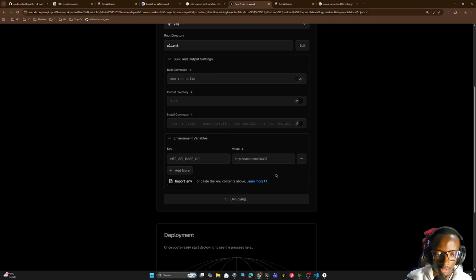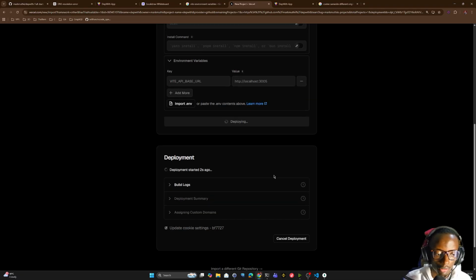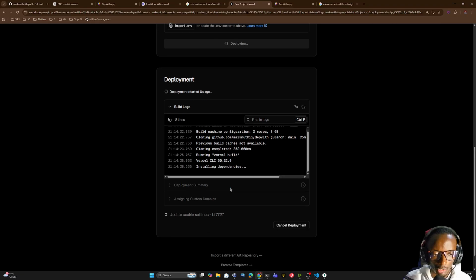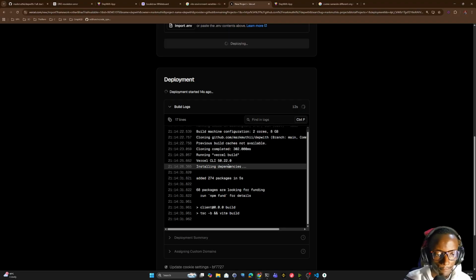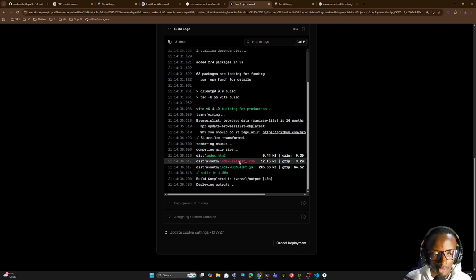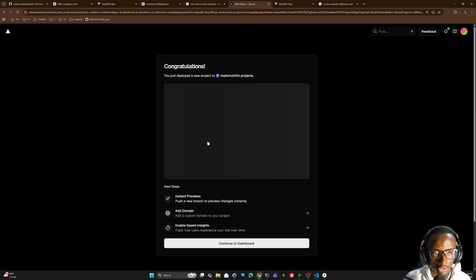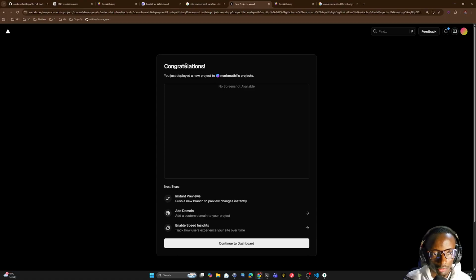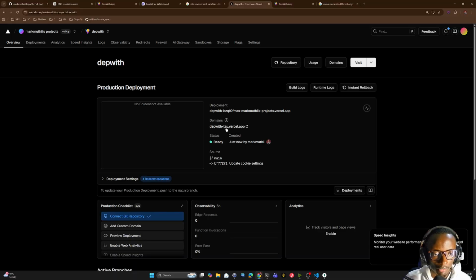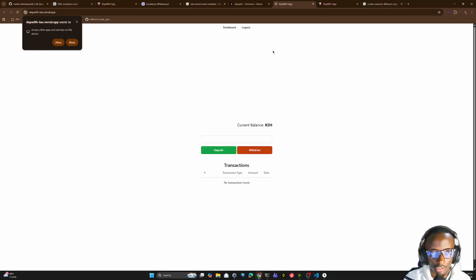and give it a few minutes. So it shouldn't take too long because it's not a huge app. So installing dependencies. Okay. So no errors during the build process. That's good. Okay. Deployment gone through. No, it has no screenshot. I have no idea why. But let's continue to dashboard, and then you can see it's given us a domain. It will most certainly not work because